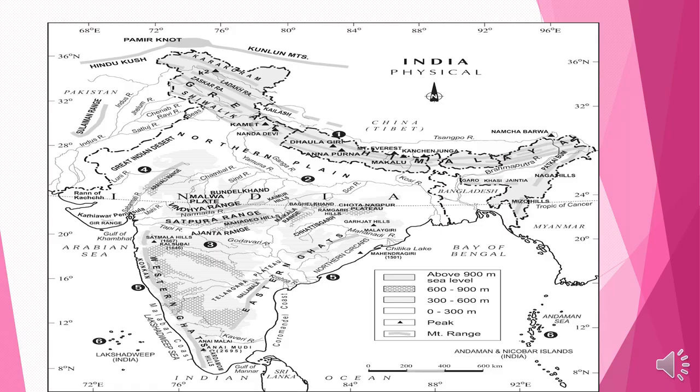And after that, on the basis of the rivers, the Himalaya is also divided into four sections. The first area is covered by the Indus and Satluj rivers and their tributaries: Indus, Jhelum, Chenab, Ravi, Satluj. It is called the Punjab Himalaya.